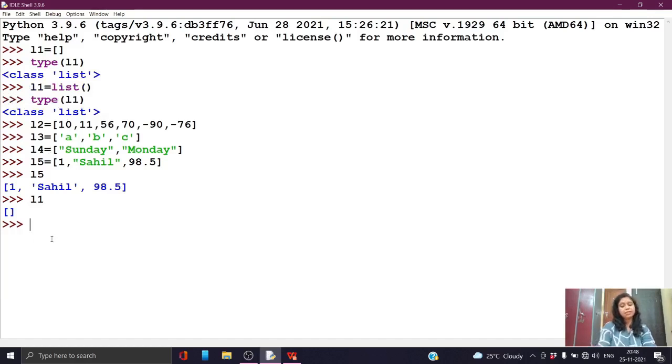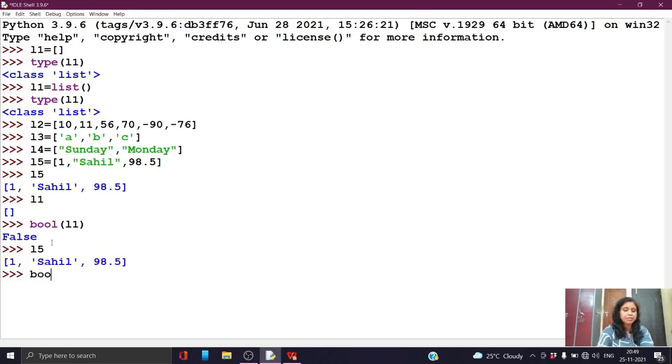Now you can check what is the boolean value of L1, right students? If you have declared one empty list variable, now you want to check the boolean value of that empty list variable. Now it will display as false, right students? Why false? Because L1 is an empty list, there is no element, so the answer is false. But if I want to check L5, L5 contains some values.